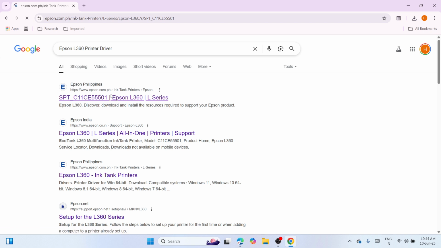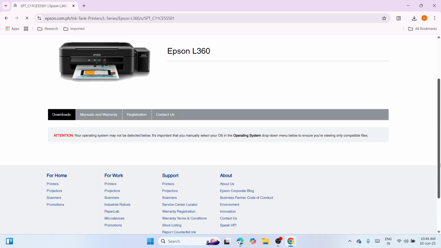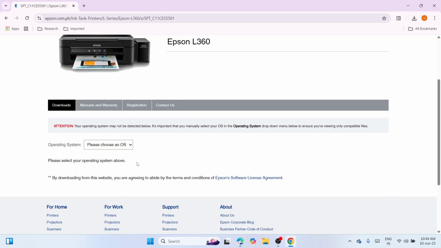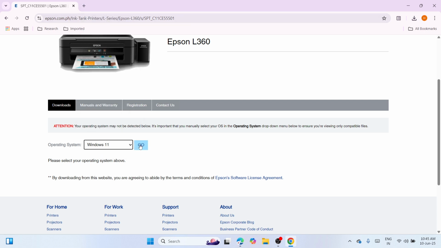Click on it. The moment you click on that link, you would be navigated to a new page where you can get to see the printer driver. So please wait until you get to see the drop down menu below where you can manually select the operating system. Kindly wait for a while first. Once it's here, click on this down arrow key and choose Windows 11 and click on the go button